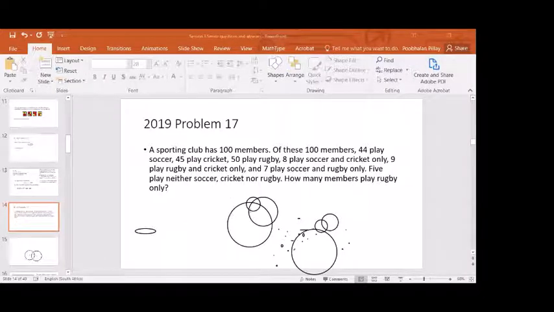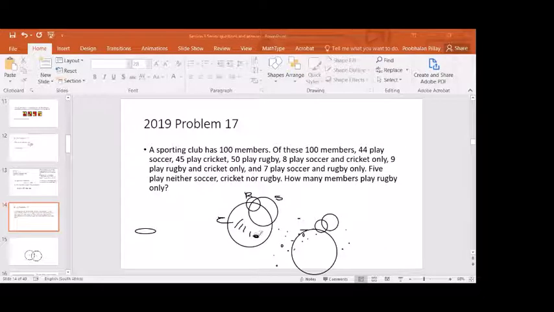So you've got cricket players, soccer players, and rugby players, and each one represents something there. Let's write down S for soccer, C for cricket, and R for rugby. The rugby players form the small circle. Now, this picture will say the following. If I look at only this part here,